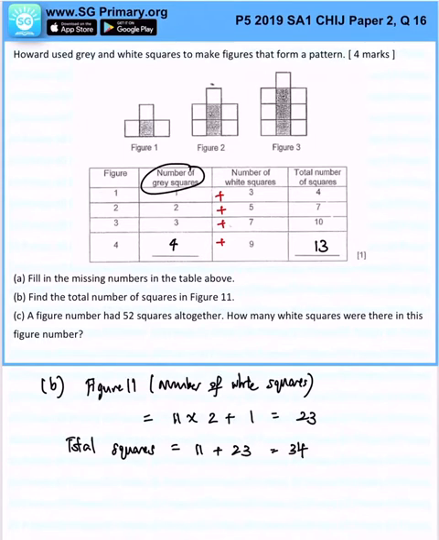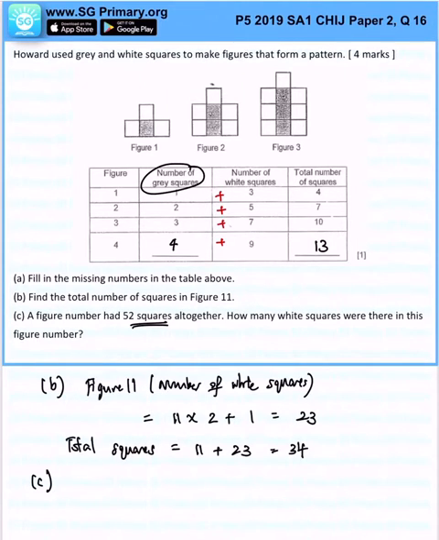Let's take a look at part C. A figure number had 52 squares altogether. How many white squares were there in this figure number? If you have 52 squares altogether, you must understand,